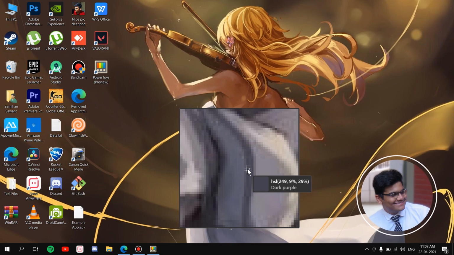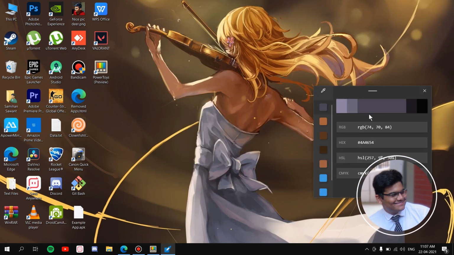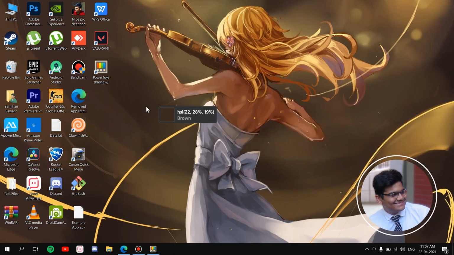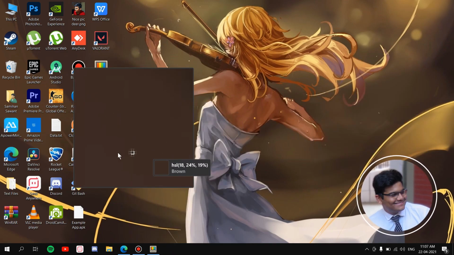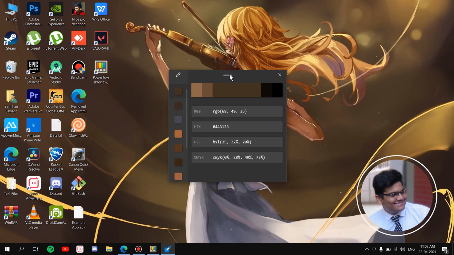It's very precise. If you want, see, dark purple, gray, then coral, then tan, and all of that stuff. You can select any particular pixel on your screen. Let's say I click on this, see, I get that color. So if you zoom in, you get a whole range of colors if you want a very detailed one. All right, so that's it for this video, guys.